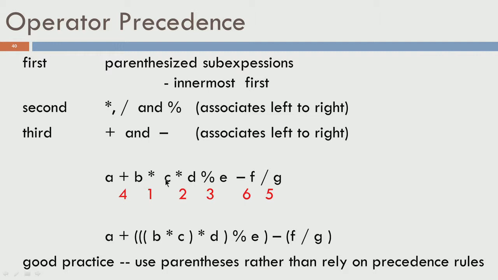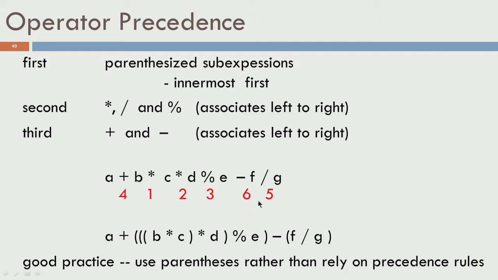and then I multiply the result by C, I take the result multiplied by D, take that result, find the modulo by E and so on. But this is not the way in which we do this in algebra either. So, in algebra if an expression like this is written, then you do not do the addition first, you go and look for higher precedence operations first followed by lower precedence operations.